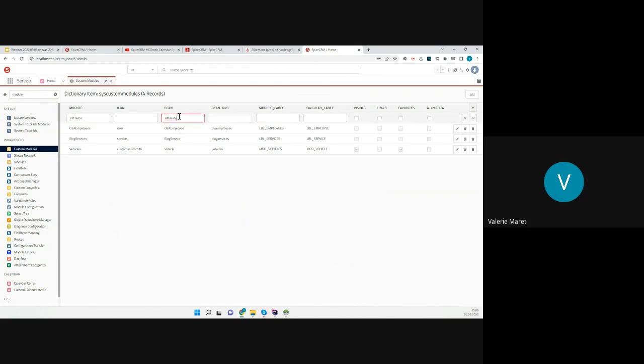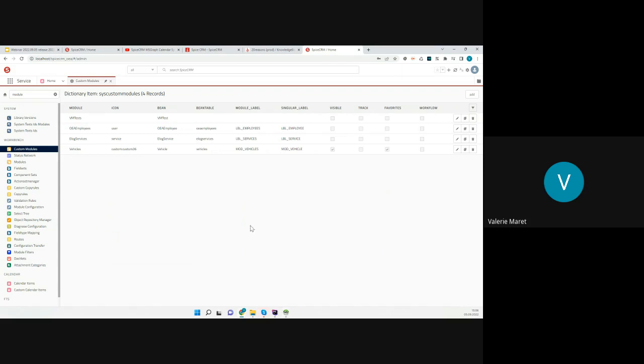So here, nothing has changed. And what you don't see here, you now should link to the dictionary that we've just defined. And for now, we don't have the field here. So that's something that you will have to do in the database if you are using the dictionary manager when you create